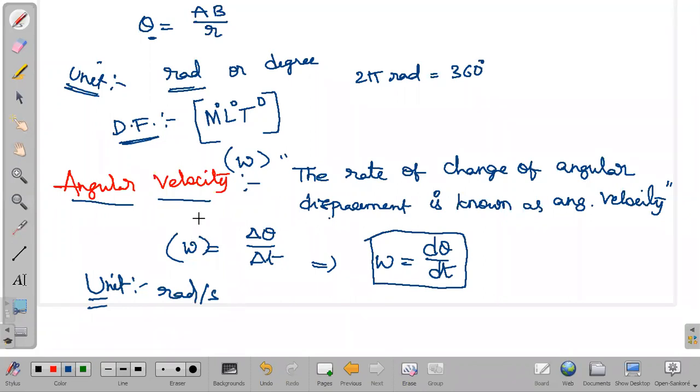Whenever we solve problems, they will be giving in terms of angular velocity only. Directly in terms of radians also they won't give. They will give in terms of revolutions. Two revolutions are completed in so and so time. So what we have to do: 1 revolution, if we write in terms of angular displacement, is equal to how much? 2 pi radians. This has to be remembered. Whatever problem we solve, we will solve in terms of radians only. They will be giving in terms of revolutions. When they give 1 revolution, we have to take it as 2 pi radians.